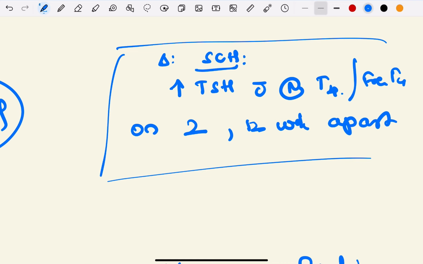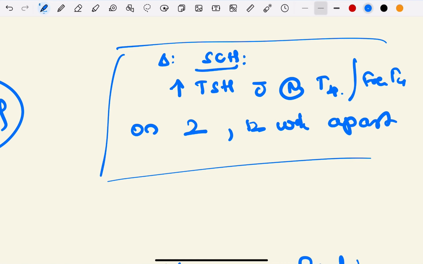And T4 has to be normal. See, T4 has to be normal, free, either total T4 or free T4. If it is also decreased, then it is overt hypothyroidism. But if T4 is normal and TSH is elevated, that means it is subclinical hypothyroidism, provided on two different occasions 12 weeks apart